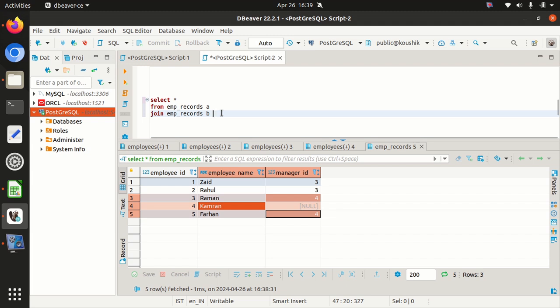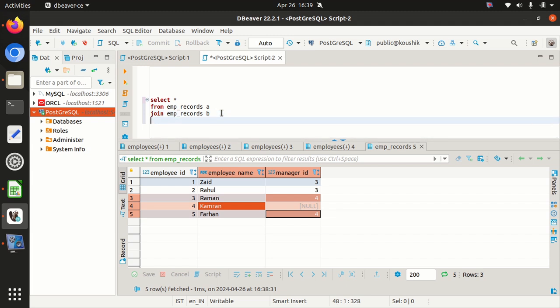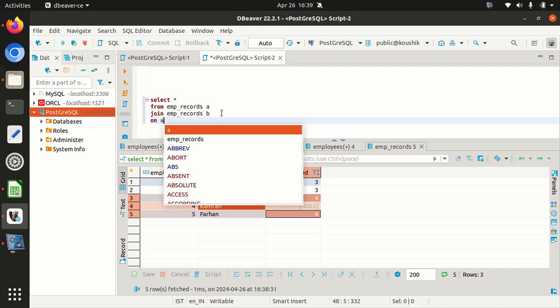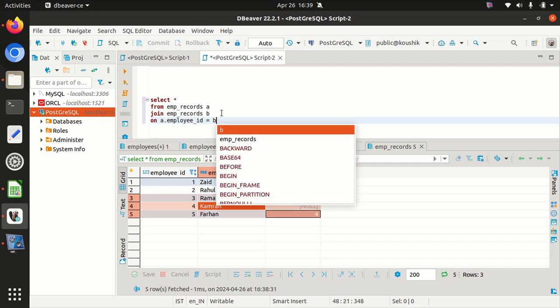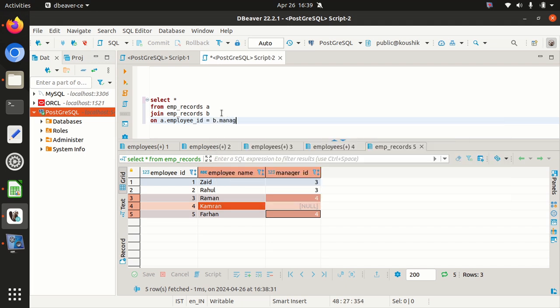Okay, EMP records A, EMP records B, and then the on clause: on A dot employee ID equals B dot manager ID, and instead of star, I'm going to write B dot employee name, let's call it employee,